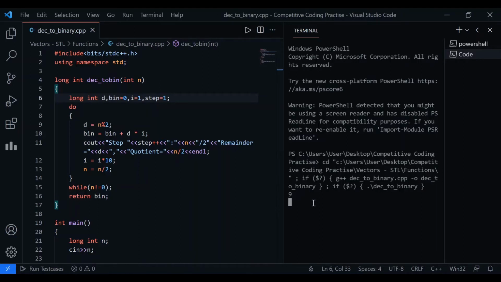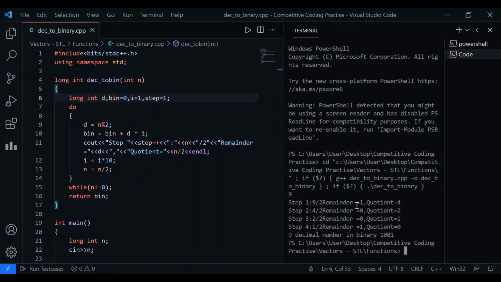Here you can see what the outputs are. Step 1, 9 by 2, remainder which is 1, and quotient is 4. In step 2, we take the quotient and divide it by 2, and the remainder we get is 0, and quotient is equal to 2. And further, we have seen that 9 decimal number in binary is 1001.